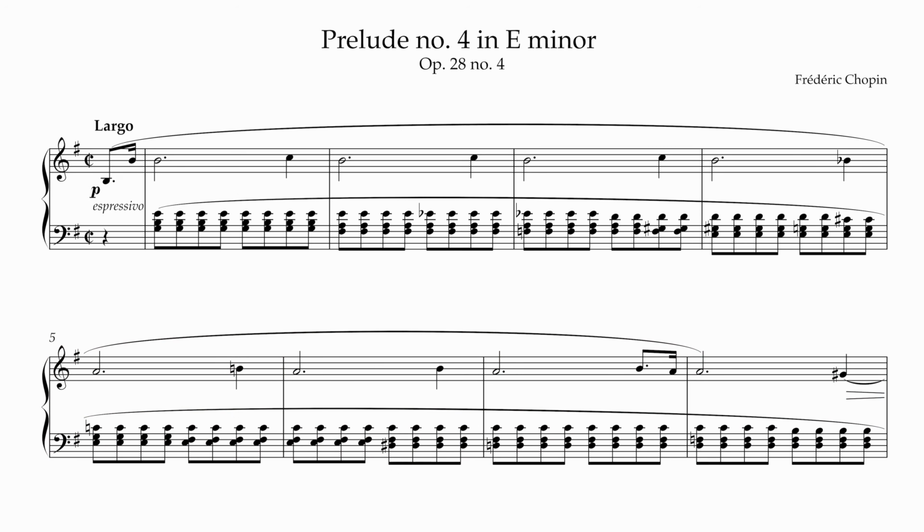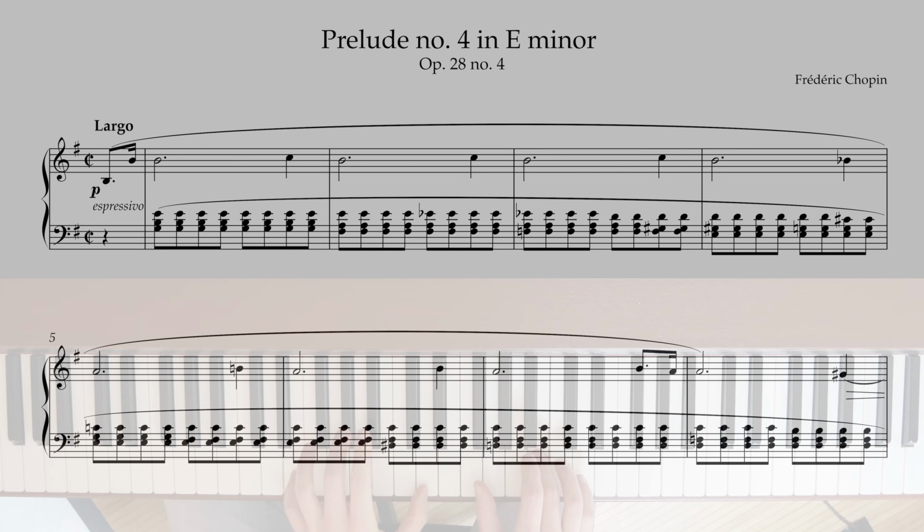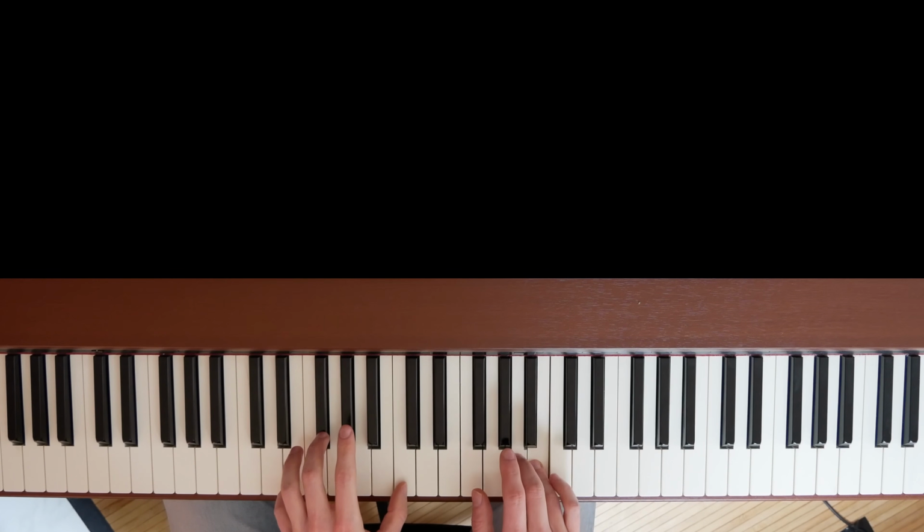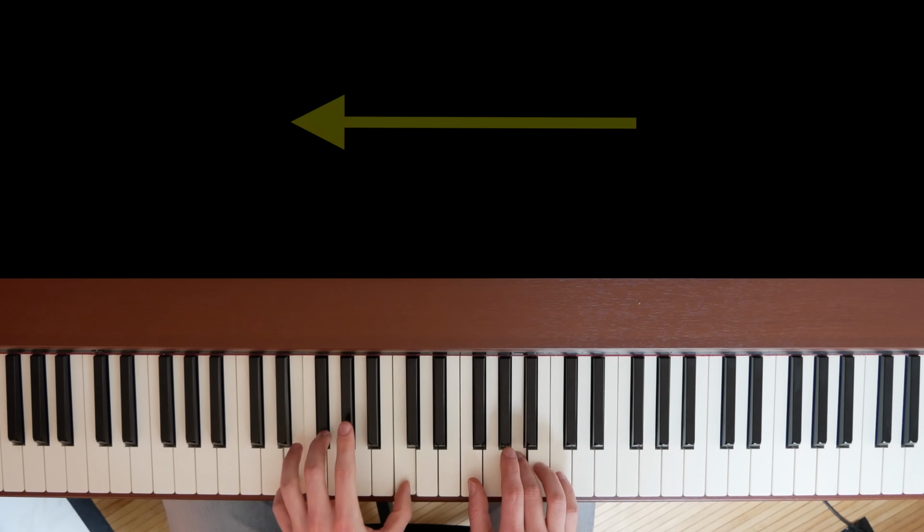The Prelude in E minor, opus 28 number 4, is probably one of Chopin's most well-known compositions. Its rather tragic character and ambiguous sounding harmony make it a very atmospheric piece, yet it is not terribly difficult to play. The stream of chords played in a steady eighth note rhythm in the left hand is constantly descending,